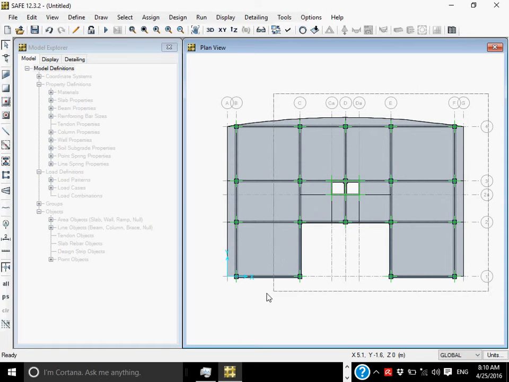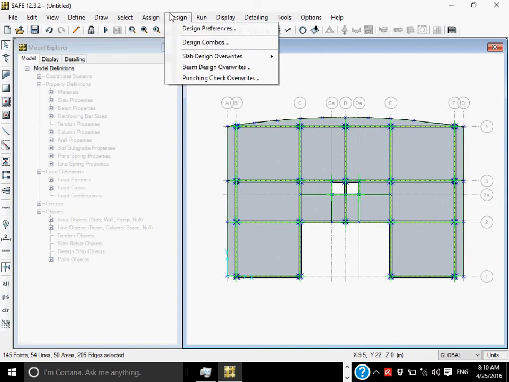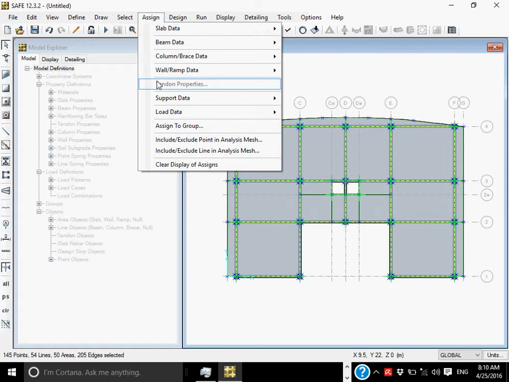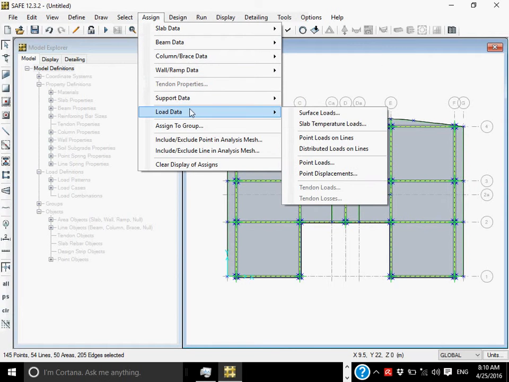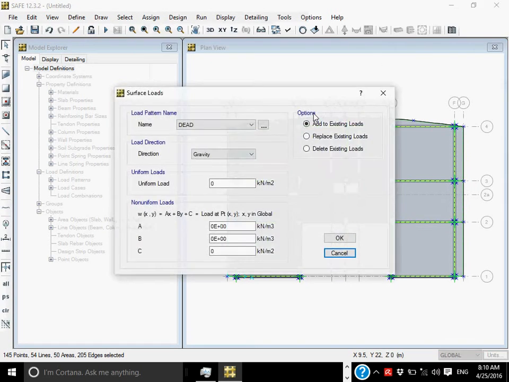Just select the whole model, go to assign, load data, surface loads. Dead load, I told you, is the self weight plus surface finish load. Tell the value. How much was the surface finish load? It is in kilonewton per square meter. How much was that?